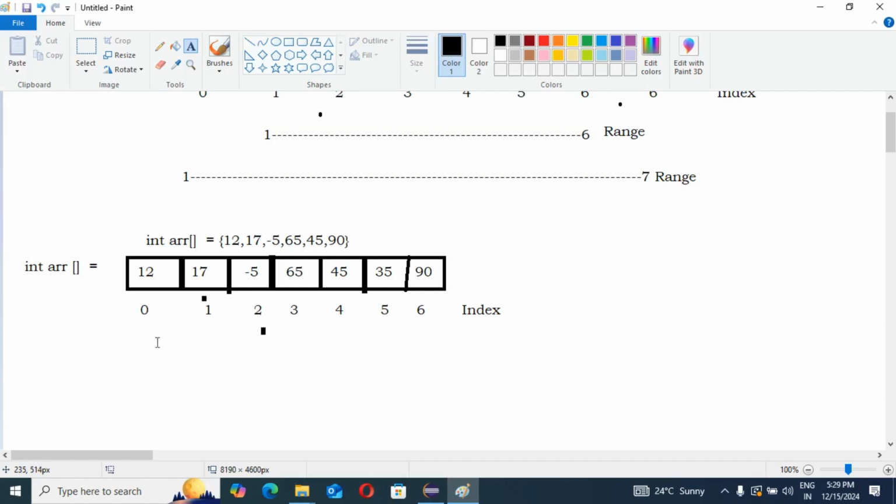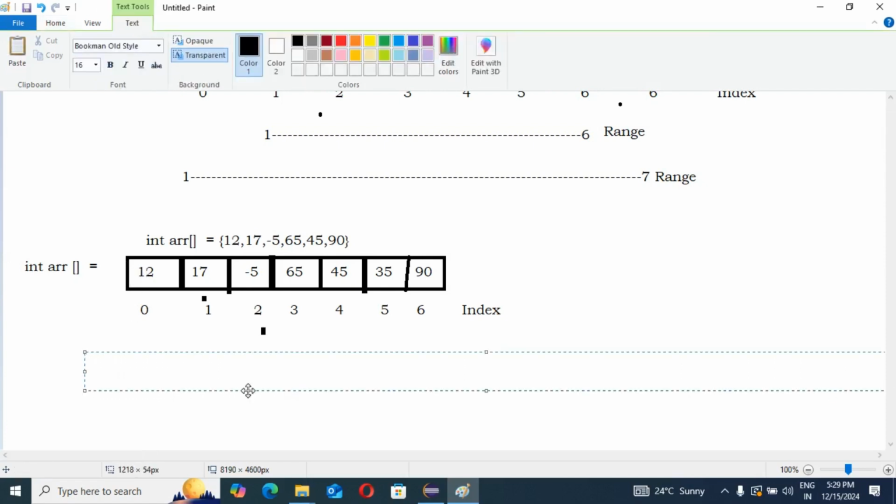Suppose I store the index 0 value, 12, as the result. Is 12 greater than 17 or less than 17? It is less, so it will stay as it is.